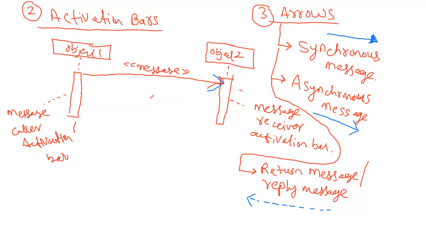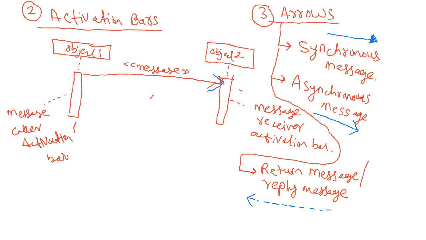Doctor, it means the asynchronous can't go back to object one? No, it is not like this. Synchronous message means, for example, I'm calling you on the phone. When I call you, I will wait for you to lift the call. Yes. It means when I send a message to you, I'm waiting for the reply. I'm not doing anything else. That is called a synchronous message.